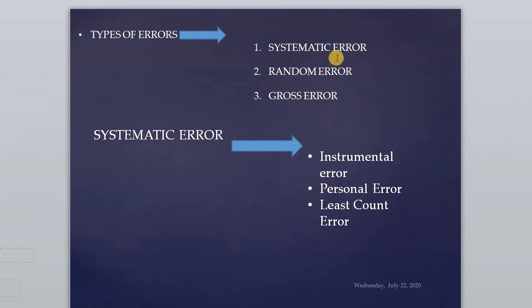Okay, so I need to explain what a systematic error is, how to calculate it. What is systematic error? What is random error? What is gross error? Now systematic error, if we go to that part, it is called systematic. Why is it called systematic? Because